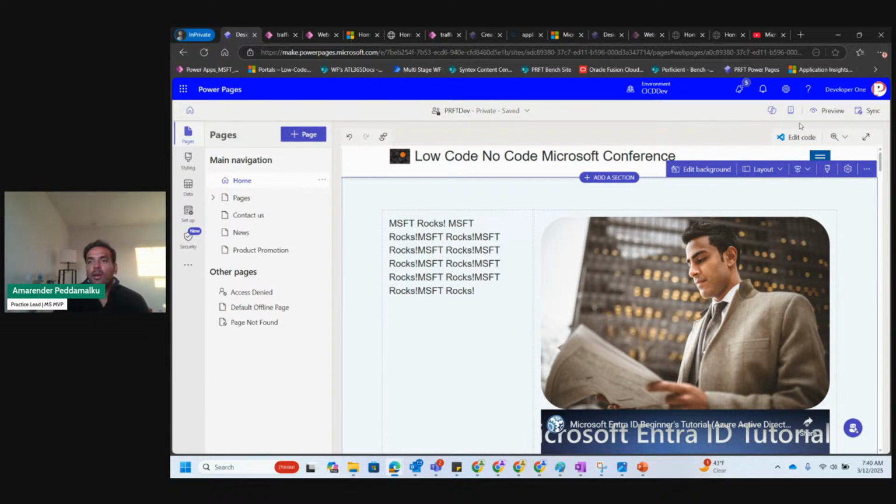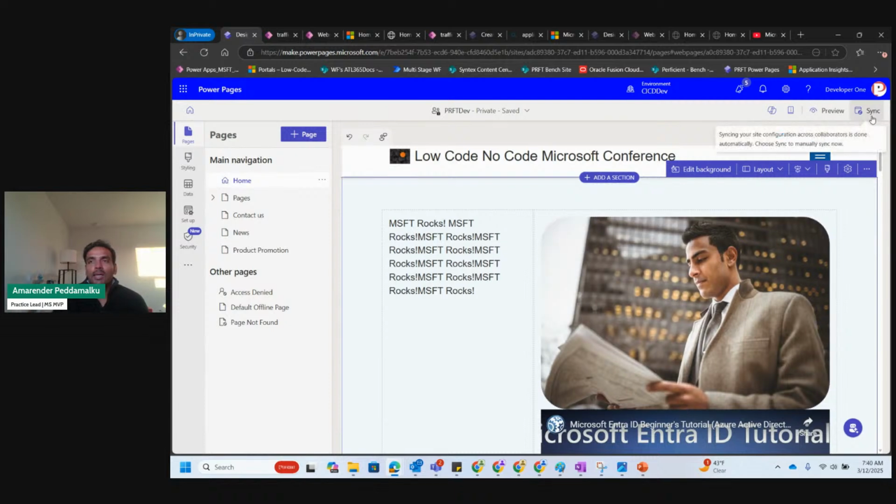One thing I want to let you know is sync. A lot of people get confused with the sync button, which you might think as you're syncing the changes to the production site, but that's not it. The changes that you're making right here are live. People can see them live. So if you edit the website title or if you're editing an image, people can see it live.